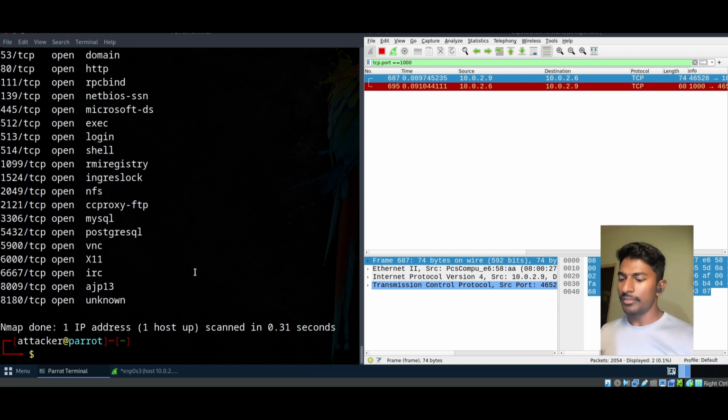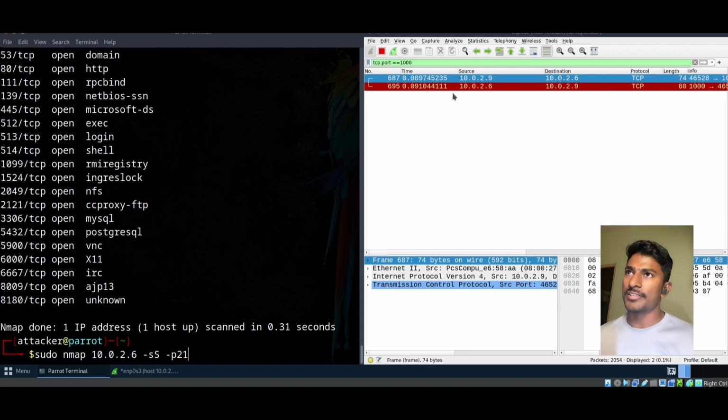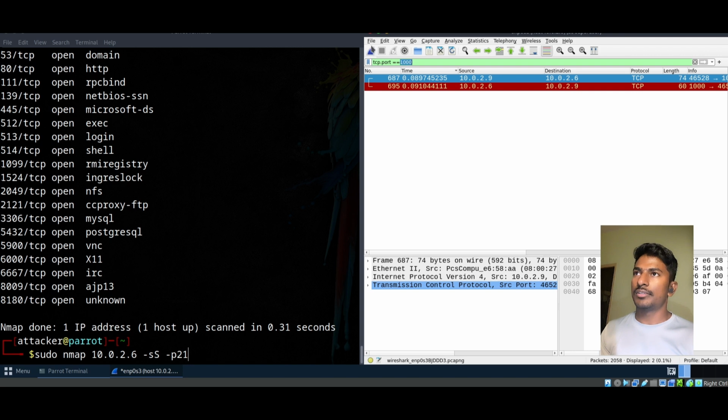One more thing to add here. If you normally do it with sudo nmap, and I'll tell you again, if you want to do a stealth scan or half open scan, you can use -sS, small s, capital S. Then we'll do it with a specific port. Now let's go with port 21. It's open now. I'll restart it